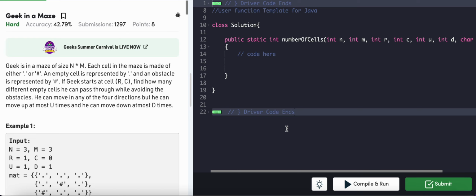Geek in a maze. Geek is in a maze of size n by m. Each cell in the maze is made of either dot or hash. An empty cell is represented by dot and an obstacle is represented by hash. If Geek starts at cell RC, find how many different empty cells he can pass through while avoiding the